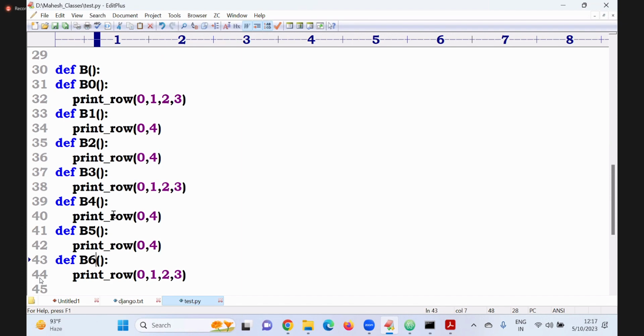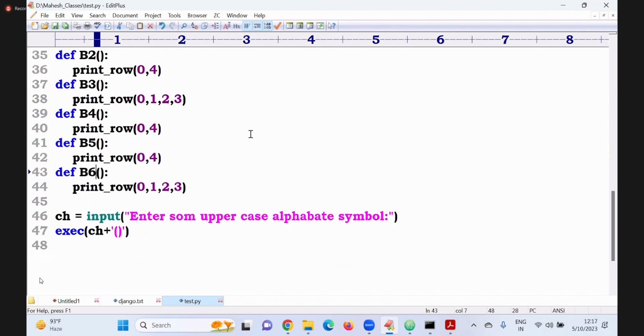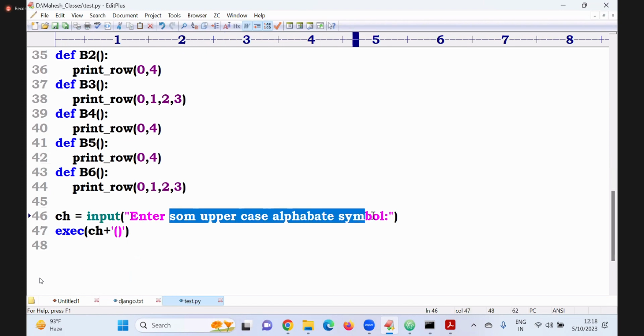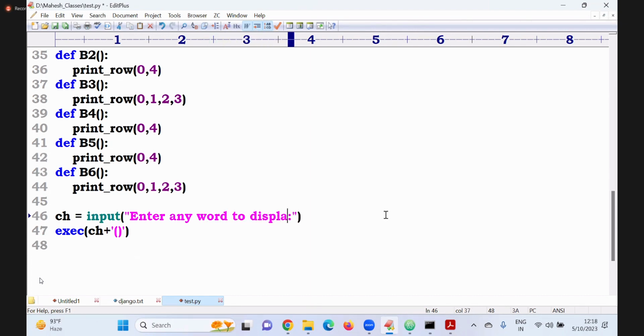Sir, now I want to display something. Not a letter, I want to enter any word to display horizontally. For example, assume I want to display Mahesh.